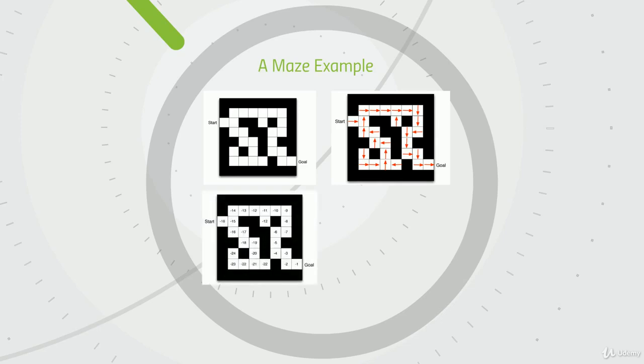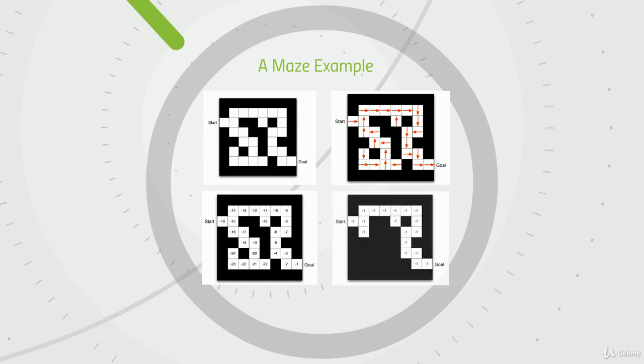Here is an example of a value function. In this, the numbers are going to represent the value of each state. So it's really valuable to be right next to our goal, but not so valuable to be at the start, and really awful to be stuck down in the bottom left corner of this maze here. So we want to move in a direction where our future actions are going to have a higher reward, so we're going to want to move towards our goal.